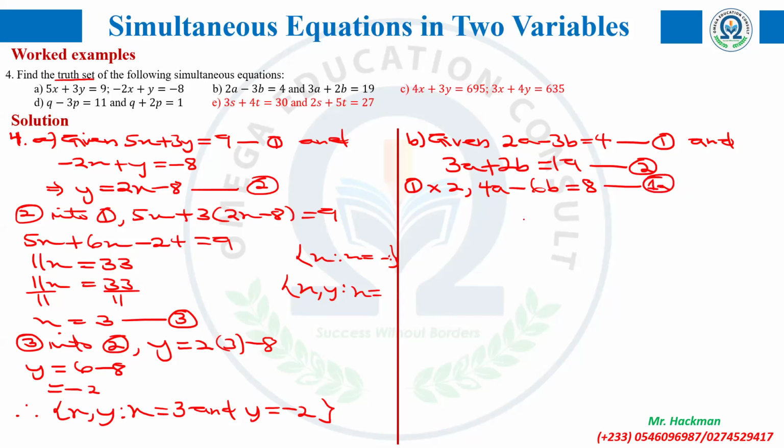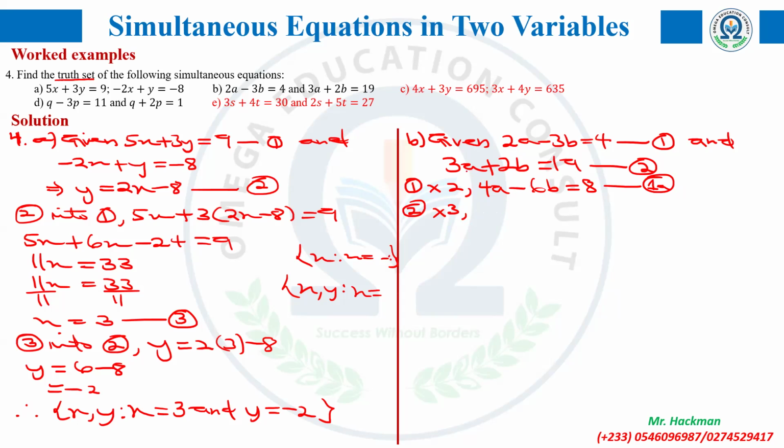Okay, then we go to equation what? Equation 2. So equation 2, to remember the plan is to eliminate the b. So the coefficient, remember we said we multiply this one by 3. So it will be equation 2 times what? Times 3. And that gives us what? We are going to get,